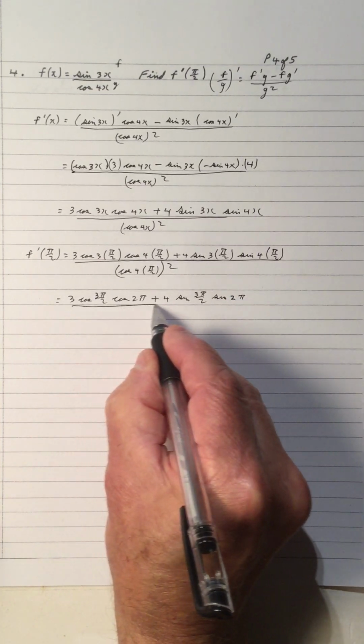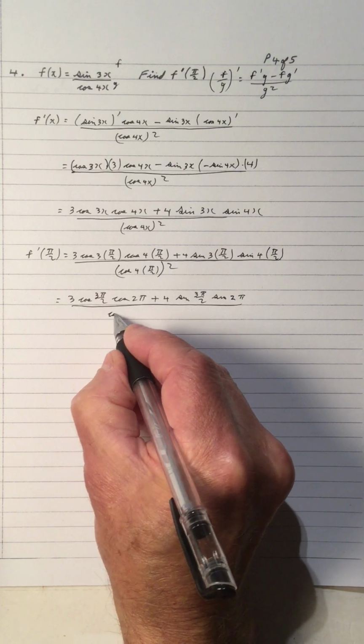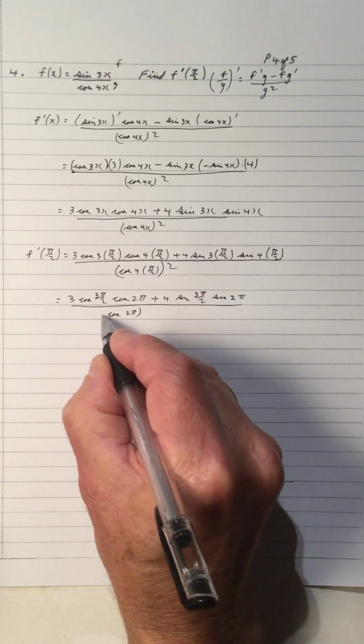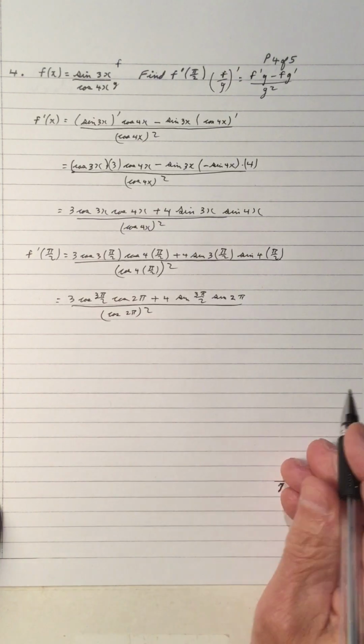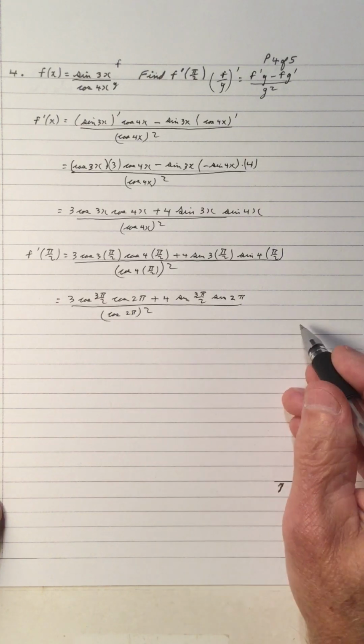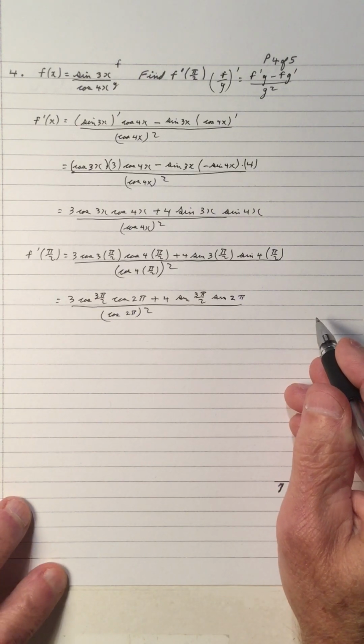And again, the bottom, cos of 4 times pi over 2 is 2 pi, and we have a square. So now we need the unit circle in terms of pi. But before we do that,